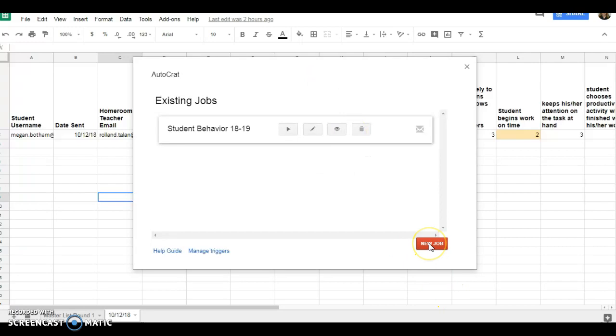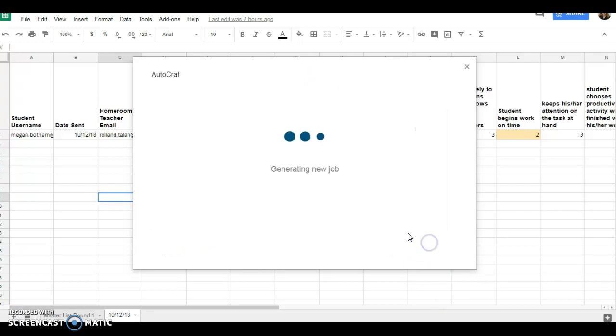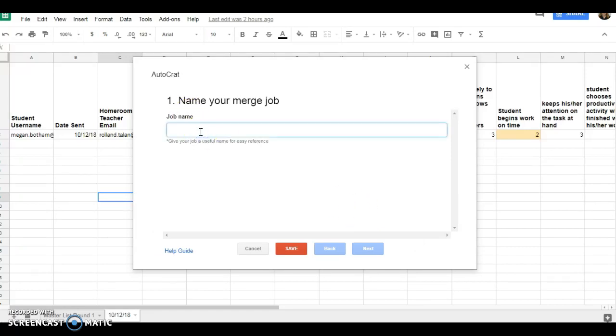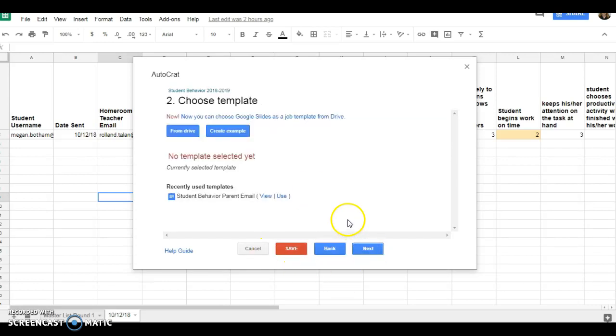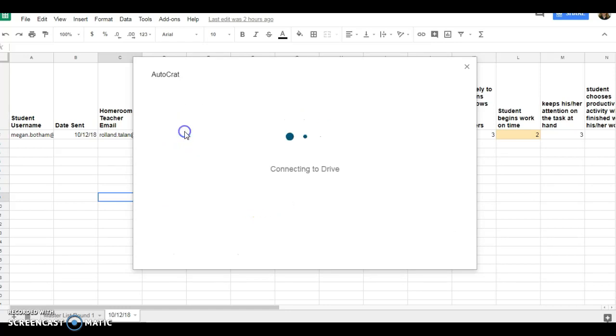Now you're going to probably need to start a new job because this will be on your computer, not mine. So you can name the job for reference, click Next. Now, when you choose your template, this is the message that's actually going to be sent to parents in a PDF file. You can see here that I've already used this student behavior email template, but for you, you're going to click on From Drive,